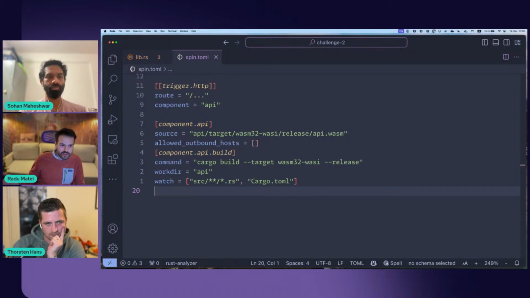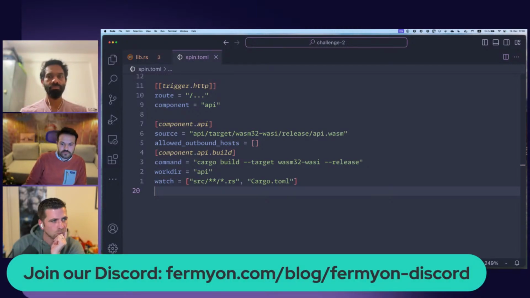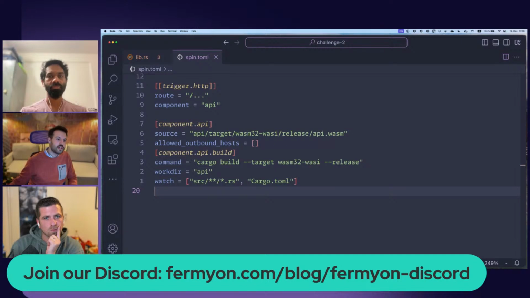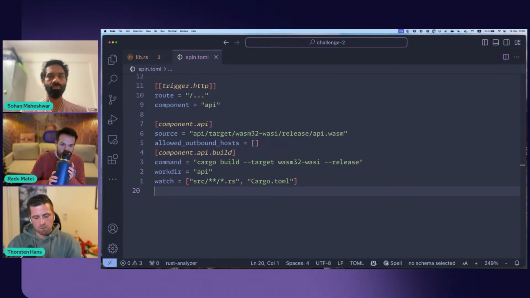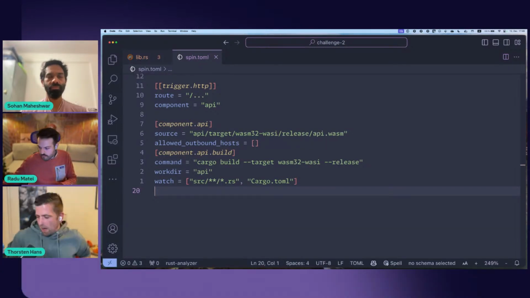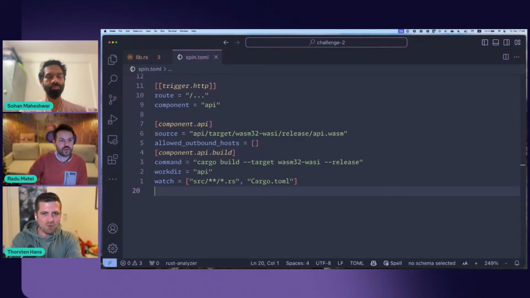If people have thoughts and opinions about that, there might even be an open issue on the Spin repo about how to do testing, but currently the way you've done it, by going into the component directory and just running the native test, is the way to go for now. Okay, cool. So I have to look for that issue, and see what other people are trying to do, and maybe that's a good opportunity for all the attendees or the viewers of the stream to bring in their thoughts and their wishes, right?